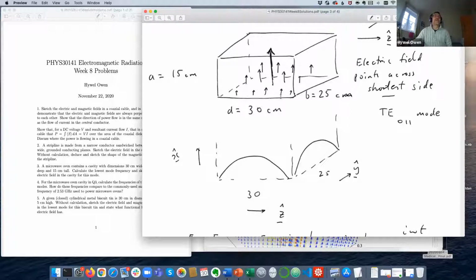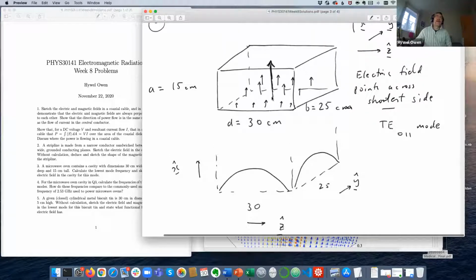At x equals 0, the electric field is finite in the middle of the cavity, and it points straight out of the cavity. And that's absolutely fine, because there's no boundary condition that sets the perpendicular component to be equal to 0. Only the parallel component has to be equal to 0. The perpendicular component can be finite, and that's what we have here. So the electric field can point quite happily across this gap, this distance a,